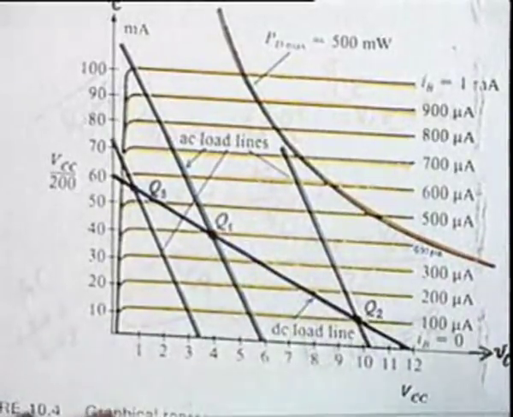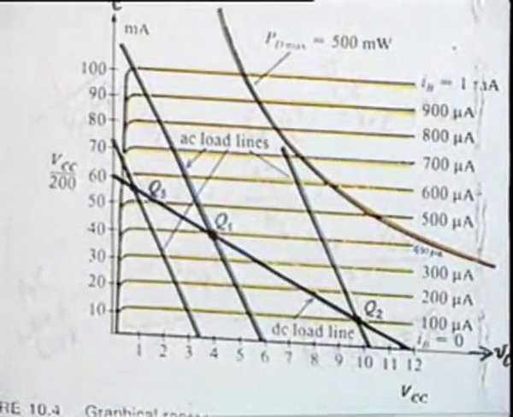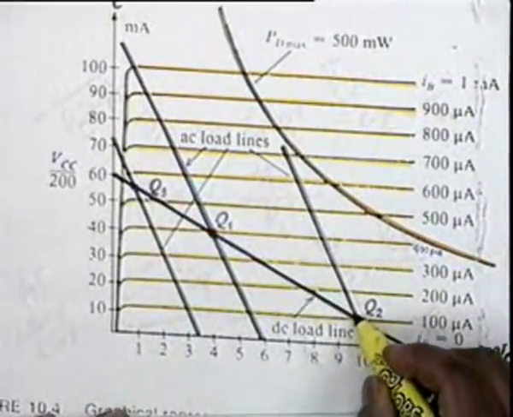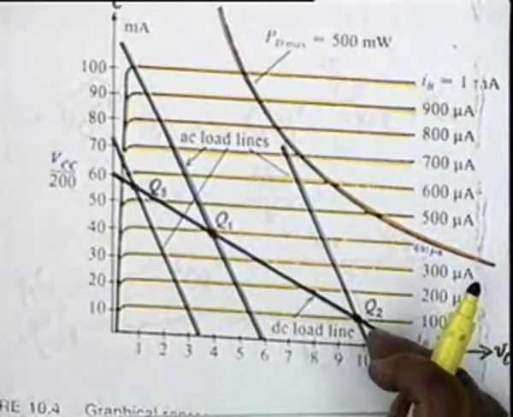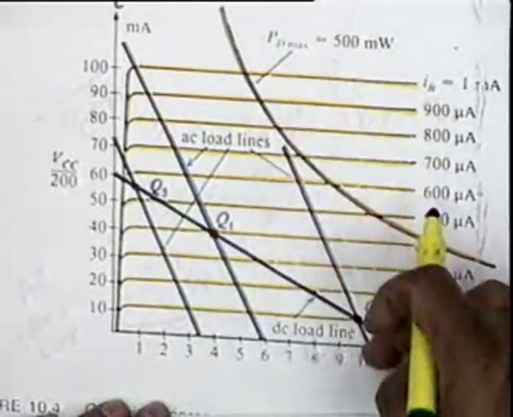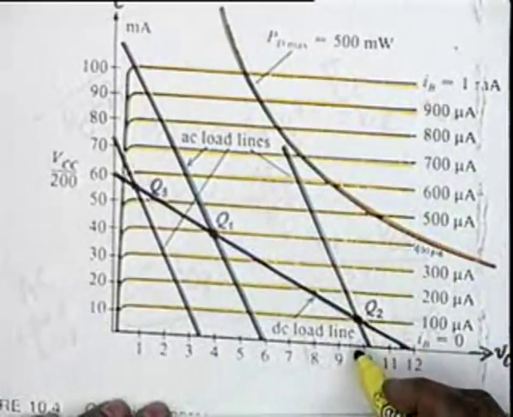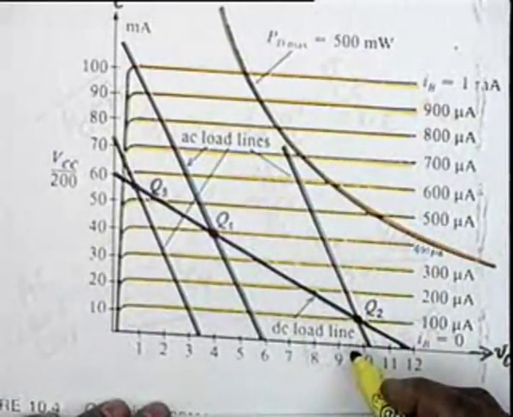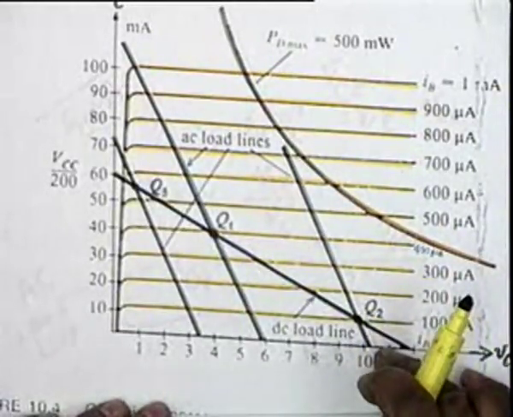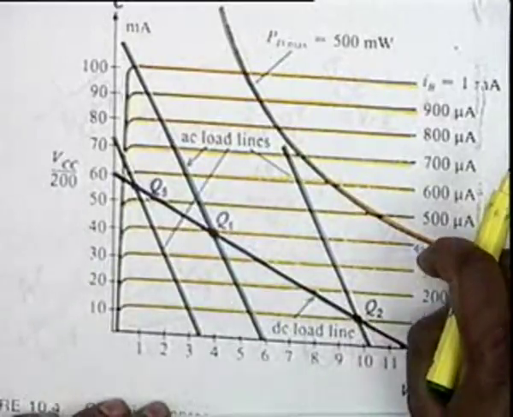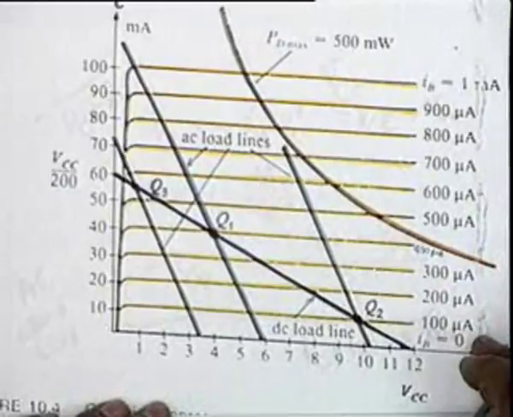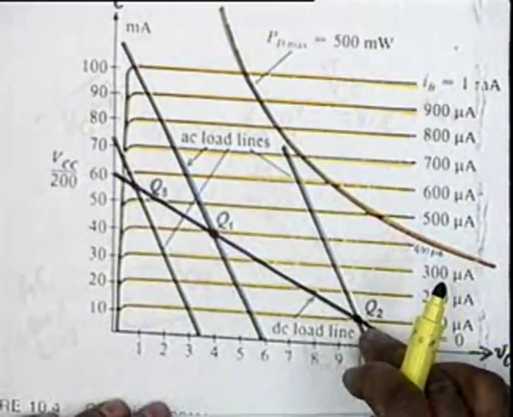There are two other operating points which are sketched in this figure. One is Q2 and the other is Q3. Suppose our operating point is here, then obviously with the same AC load line, the voltage swing would be very limited, would be very small. Not only that, this has come close to the cutoff, it has come close to PD max, it has come closer to 30 volt. Okay, so this is not a good operating point.